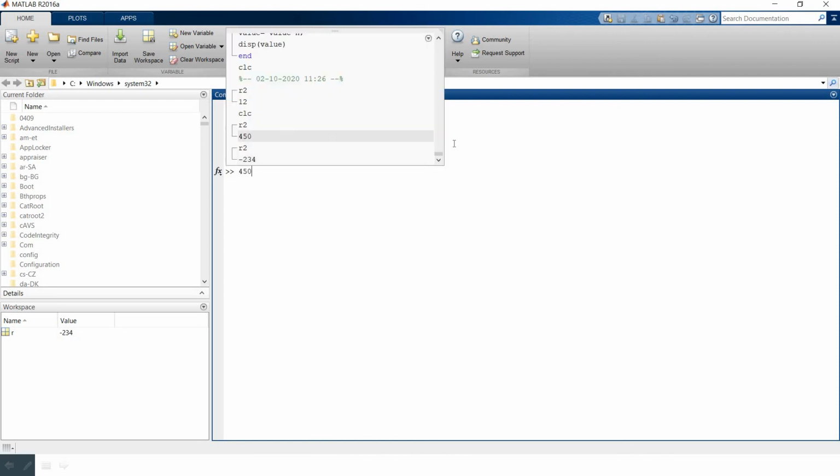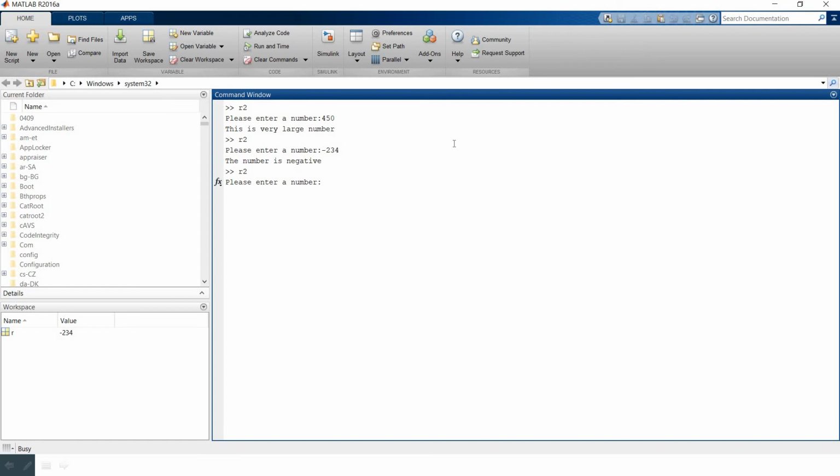If I again execute R2 and enter the number, suppose 48 or 58, it will give me the number is within the range. And if this condition is also not satisfied, then it will say the number is out of the range, or this is a very large number. So suppose we take R2 and enter 340. Whatever message you want to display, you have to enter in your program.